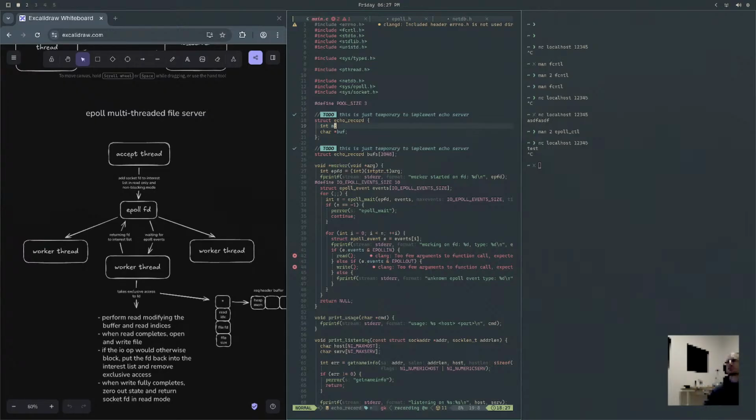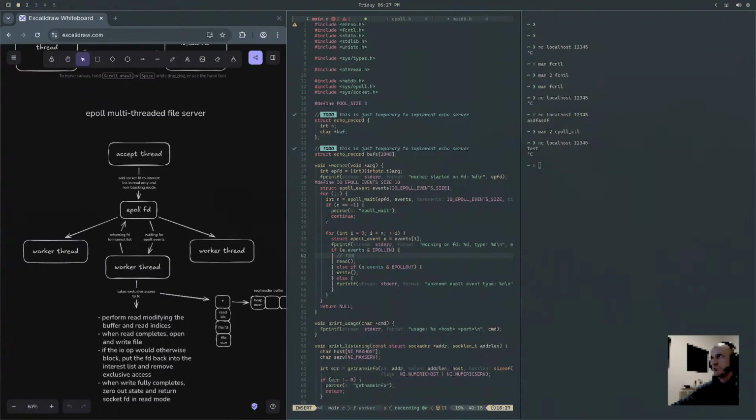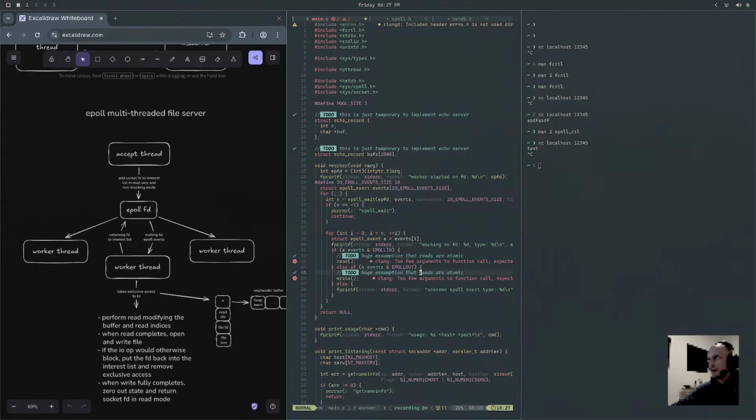So this is a huge assumption. We'll say TODO: a huge assumption that reads are atomic. Is there a FIXME? FIXME? Oops. It's red though. Okay, so we perform our read into